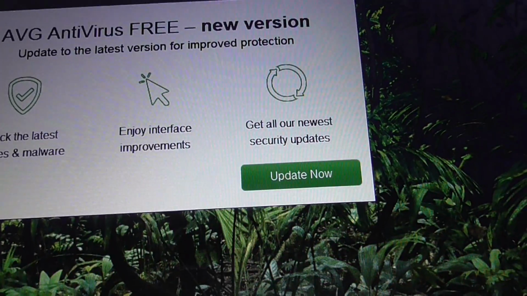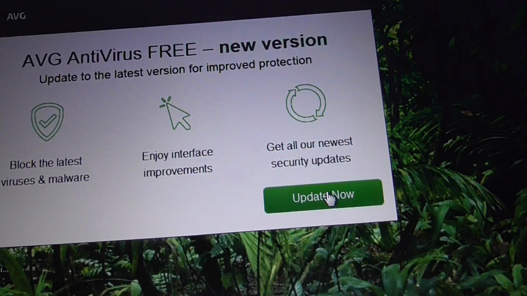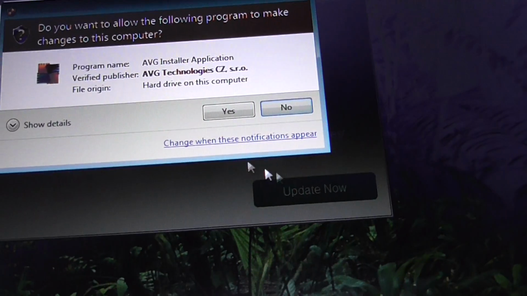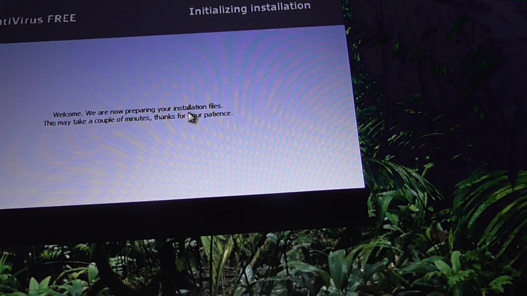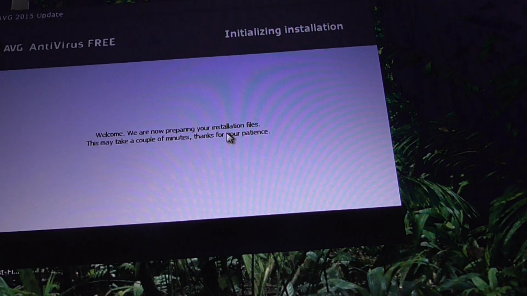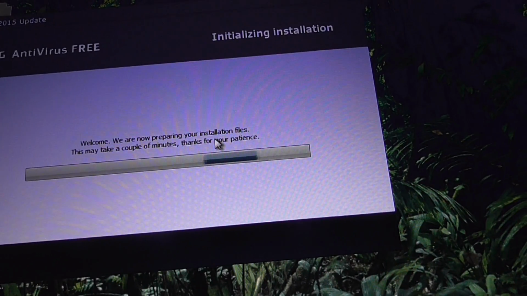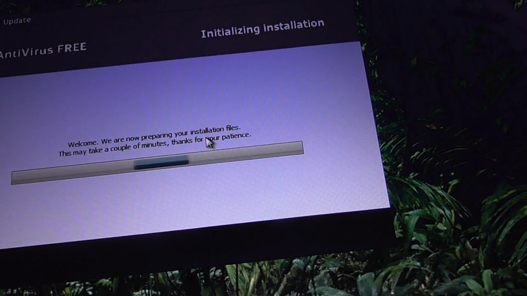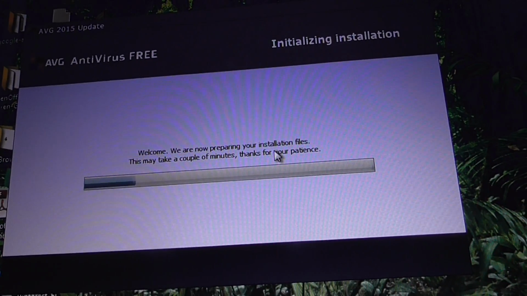So what I'm going to do, I'm just going to click on where it says update now just to see what it's going to attempt to do. I didn't bother to do that yesterday because I'm not going to install this, but I just need to understand what's going on. Why would they be trying to give me a new version when I've only had this recently? No, damn, it looks like I've started to do the process. We are now preparing your installation files. Well, I don't understand why there'd be a new version when I've only just recently got